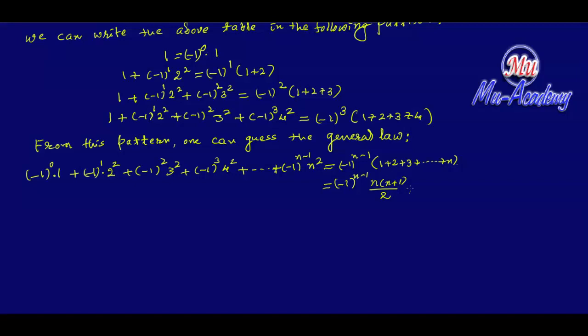And thus you can see, therefore, the general nth term in the left hand side is minus 1 raised to n minus 1 into n square, and the right hand side